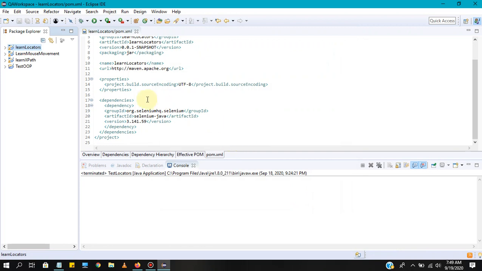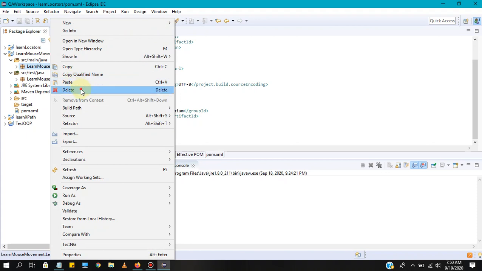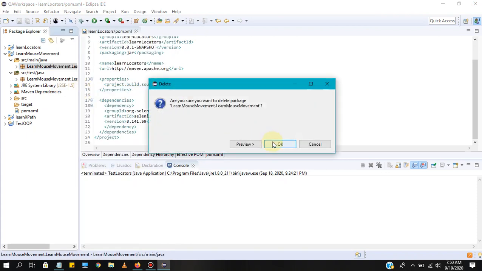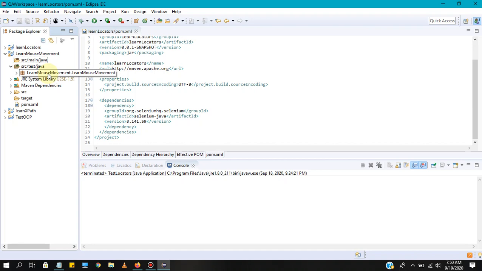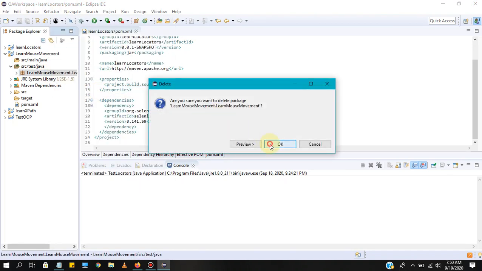Right, now you can see that created file is displayed here, right? You can see by default two packages have been added to this folder. Just right click and delete these default packages, and you can add your own package, right?